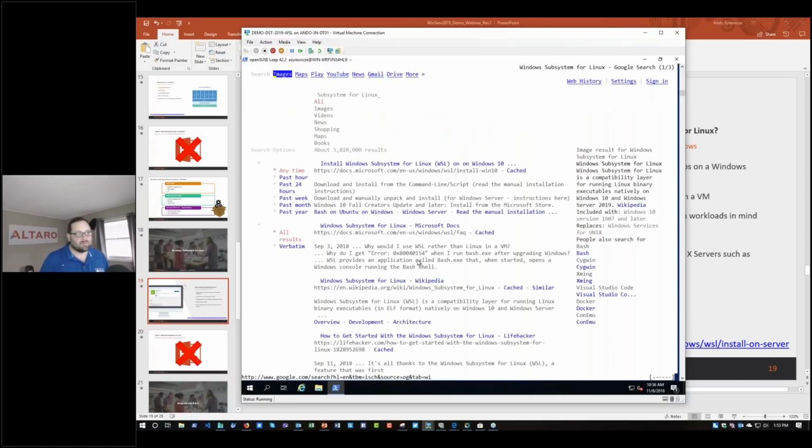And it works. So kind of a neat little demo there. You can do all kinds of different things with it. You have all the Linux command line utilities available to you. And it's really fun. The other thing I want to mention is if you install this feature on Windows 10,